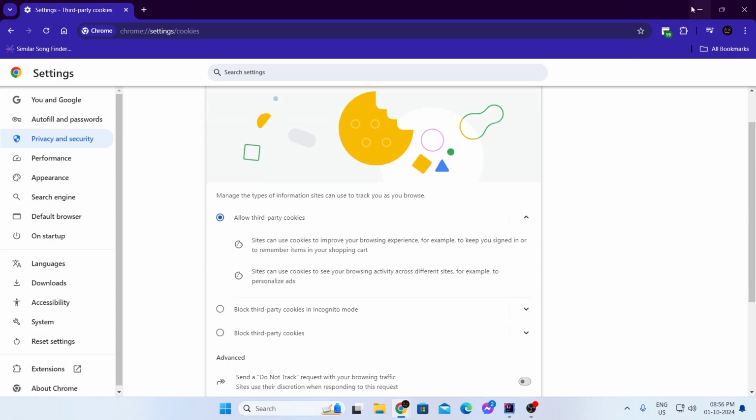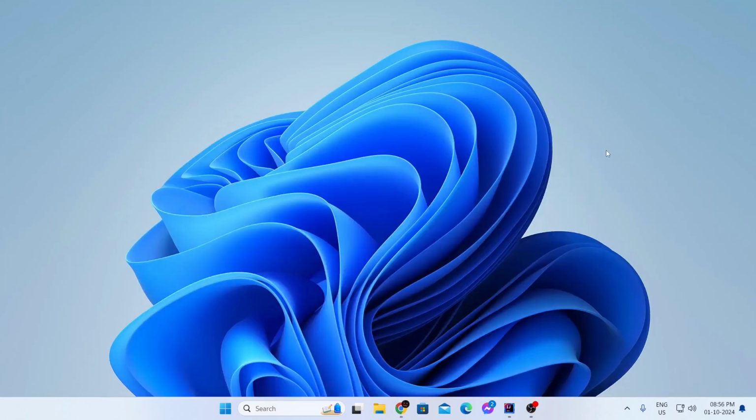And that's basically it. And that is how to enable cookies on Google Chrome in Windows 11 laptop or desktop